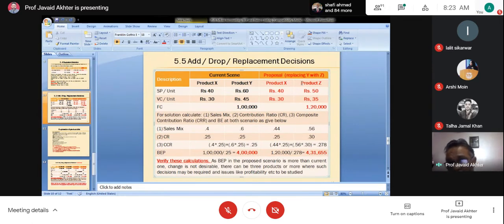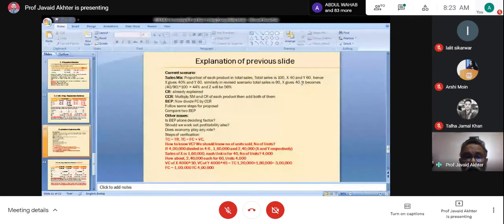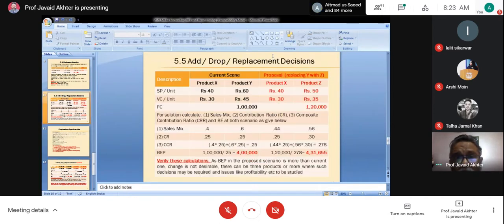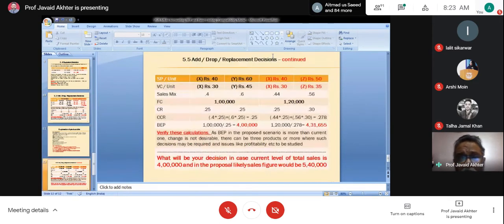I wish to move to the next slide. Before I do that, let me know if you have any question. If you don't have any question, let me move on. All these changes that I'm making, I will mail you because you have the original one. In this, there are several changes. Now I have explained to you add, drop, or replacement. Add, drop, and replacement are exactly the same thing.